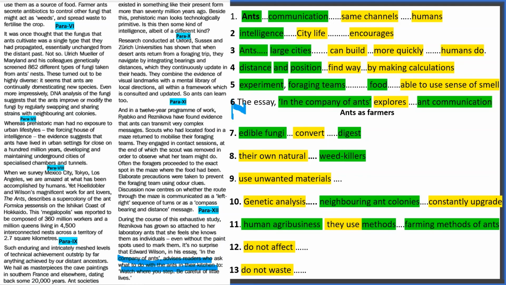Now, we have finished reading the passage. Still, we could not answer one question, that is, question number 3. Question number 3 says, ants can build large cities more quickly than humans do. Throughout the passage, we haven't come across this comparison. Since we have not come across whether ants can build cities